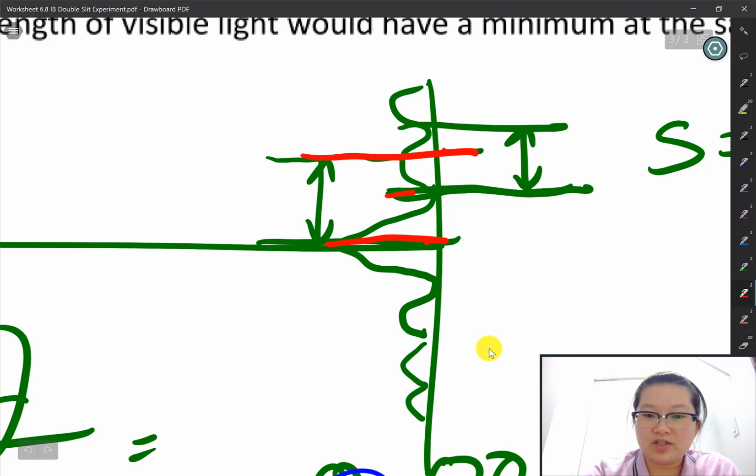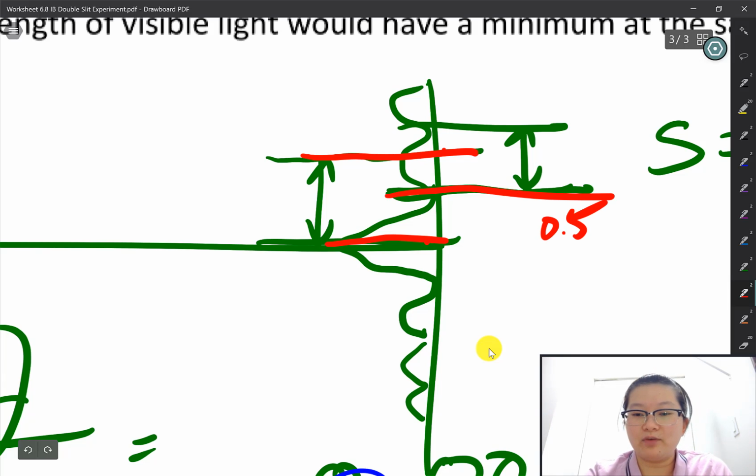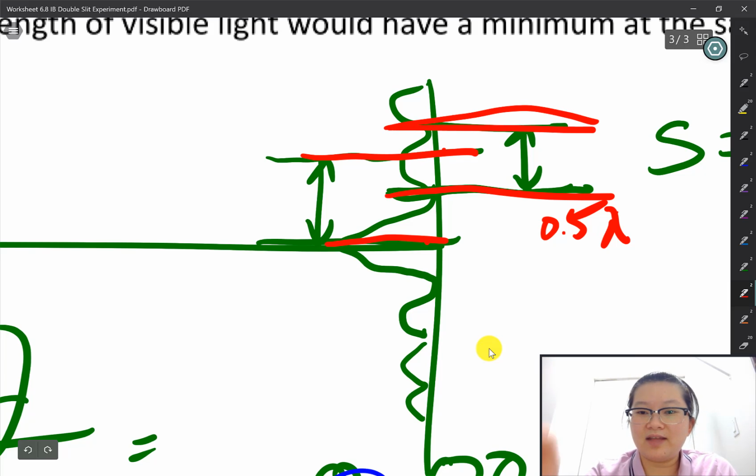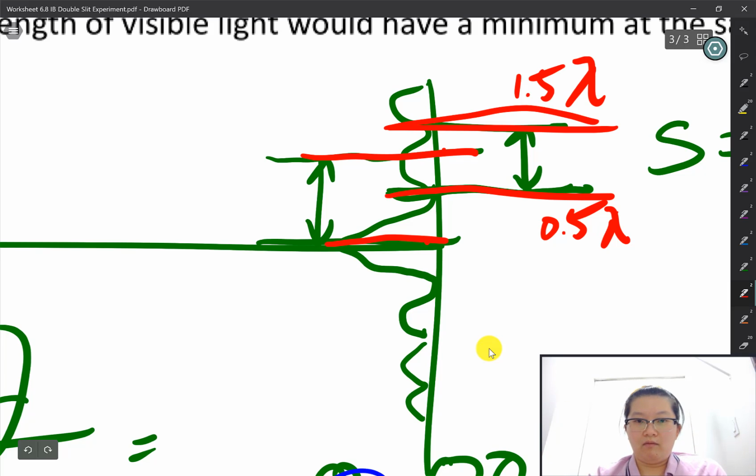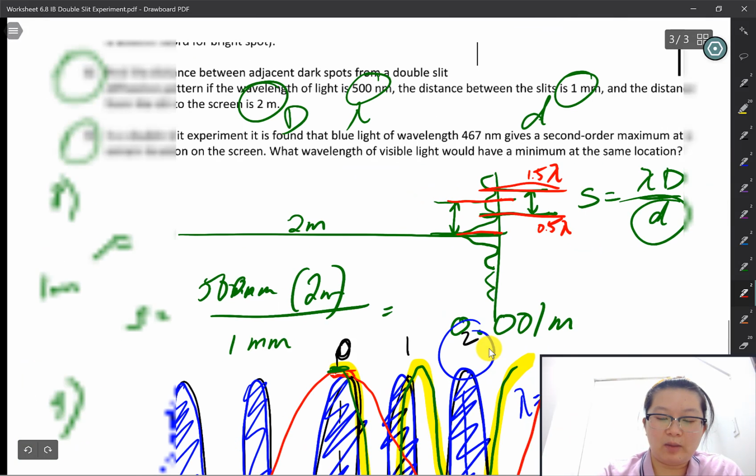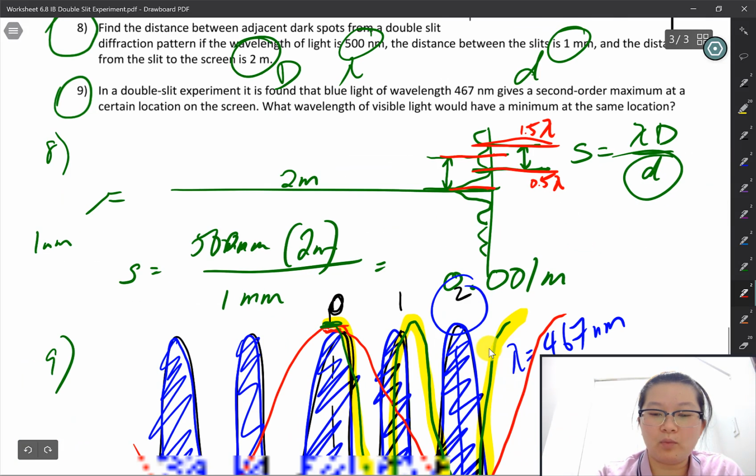For dark fringes, one of the wavelengths would have traveled 0.5 of a wavelength longer than the other one. At the next dark fringe, that particular light source would have traveled 1.5 wavelengths more than the other path. So again, it's also different by a full wavelength, going from one space